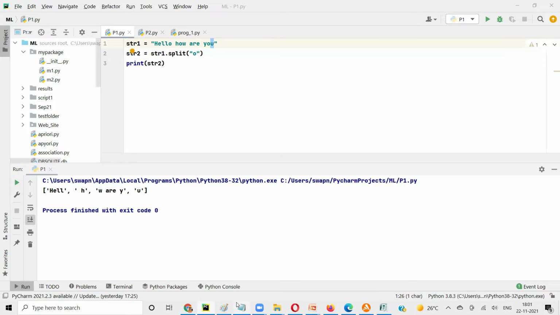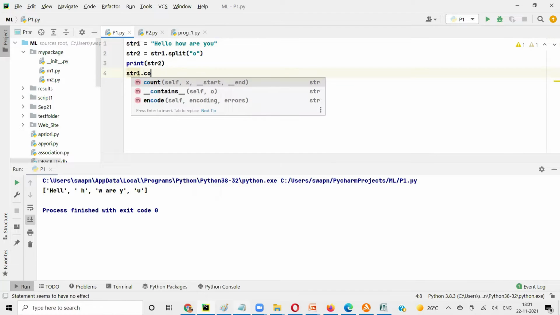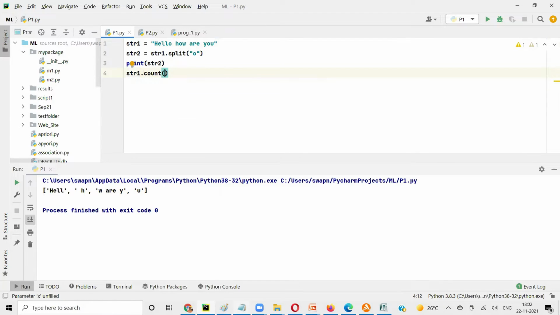Okay, there's something called replace, find, count. So the difference between len and count. Okay, count is a property of string. So if I say str1 dot count, count is asking for x and start and end. Okay, what do you want to count in str1? Let's say I want to count how many O's are there. So okay, and I'll say print